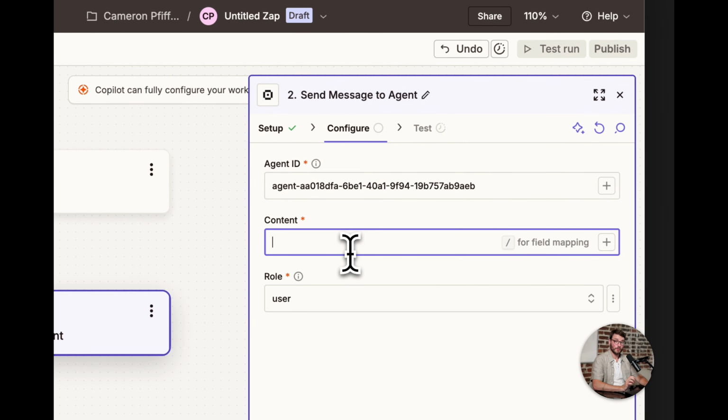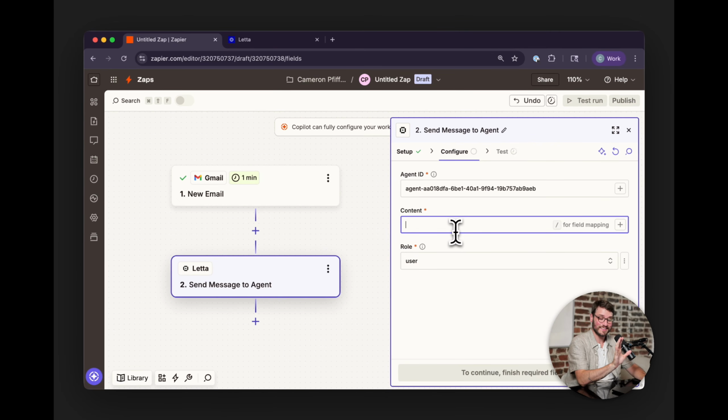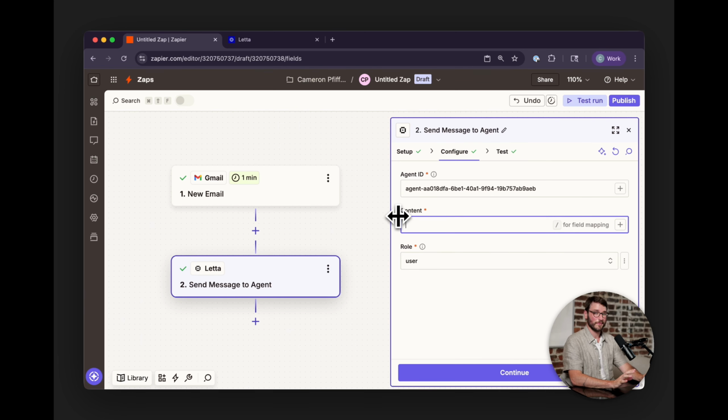field. Now, when you see this content part, this is the stuff that is going to go into the agent's context window. This is the message you're going to send it. So you can just type exact text if you want to. All right, and then we have to fill out this content field here. Content you should think of as essentially a template, right? Anytime you receive an action, you can mix hard-coded text with